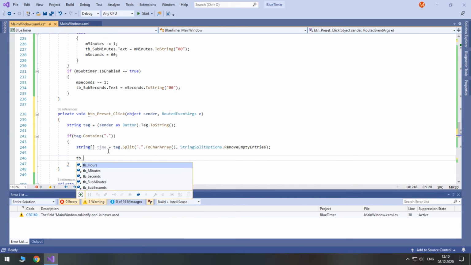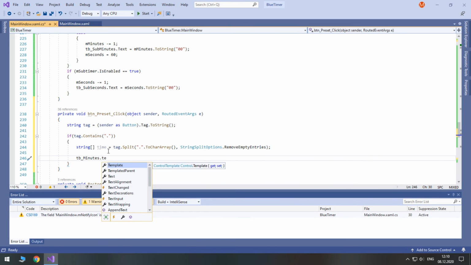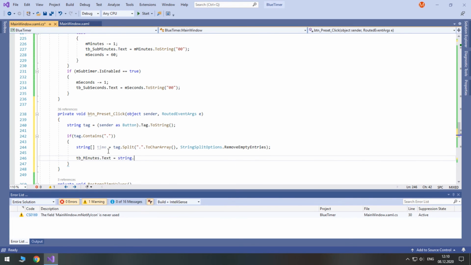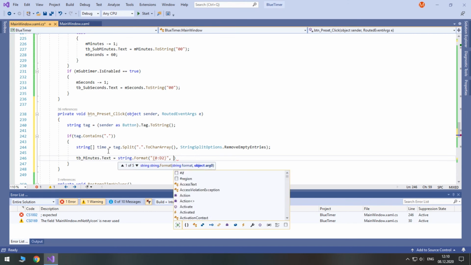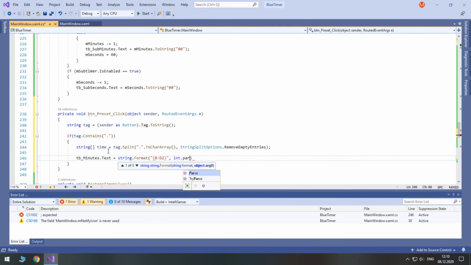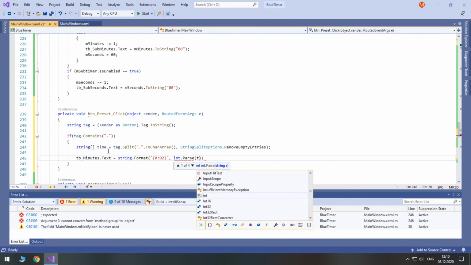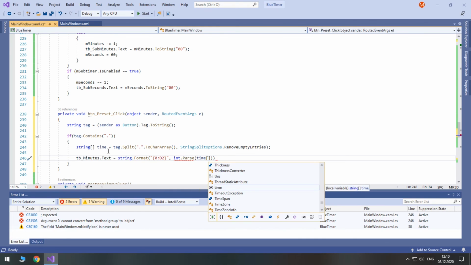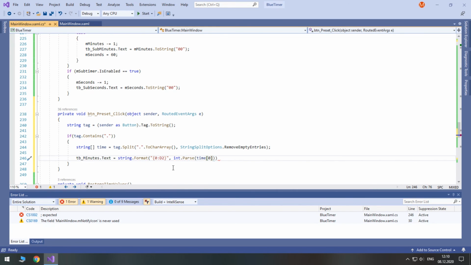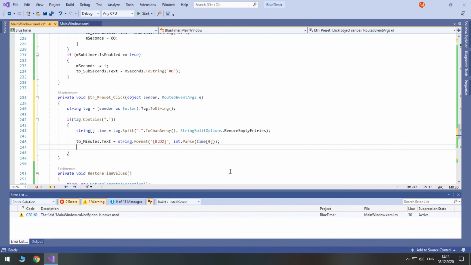After that, we are going to set the text of appropriate text boxes using the parse method of int. After colon, you specify the format. D2 means 2 digits. You might have noticed that some of our code uses D2 and some of it uses 2 zeros. Both are being used to convert numbers from 1 digit into strings with 2 digits.